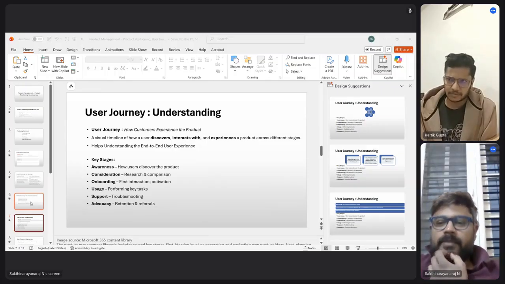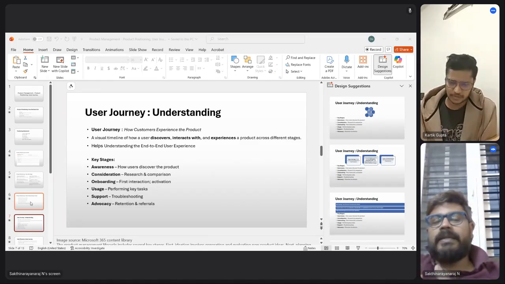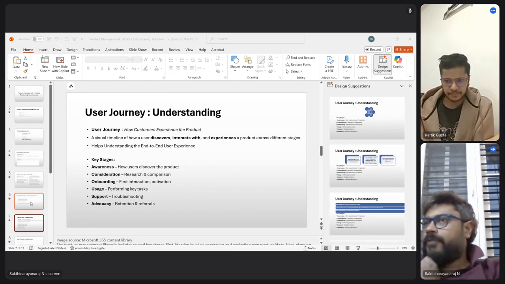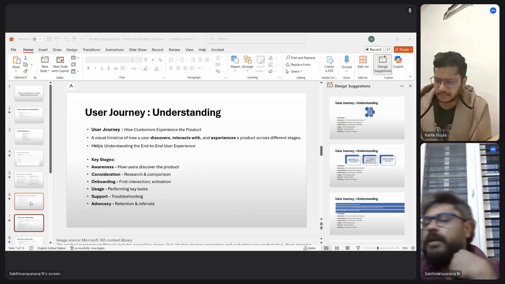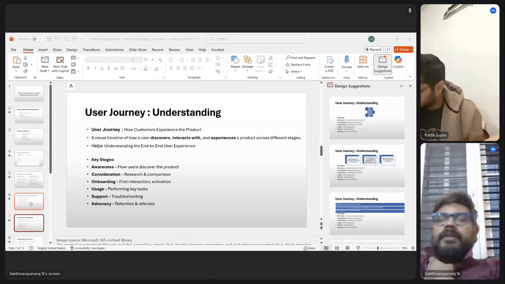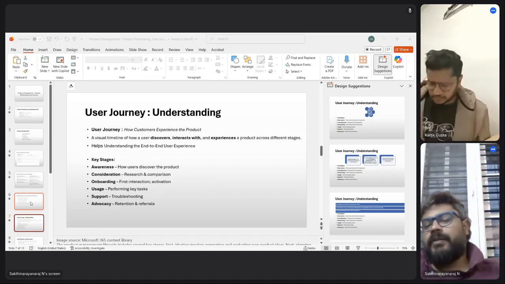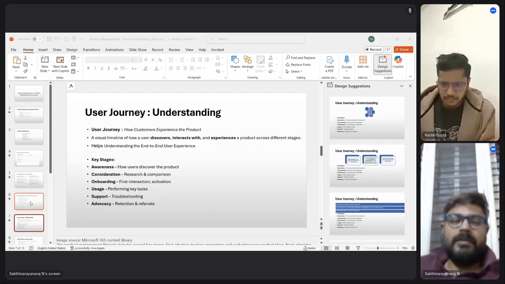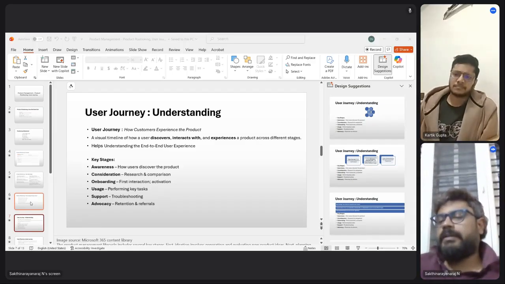So basically, how he discovers the product, how he interacts with the product, and how he experiences the product across the different stages. Like for example, let's take Uber again. We spoke about need and everything. This comes into the requirement part of it a bit, Karthik. This is not entirely the strategic part of it, but this will help you in strategy also and in the requirements also.